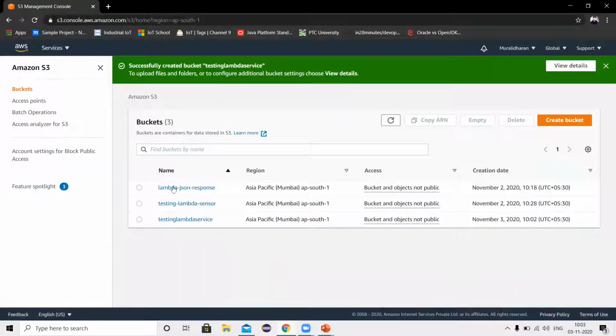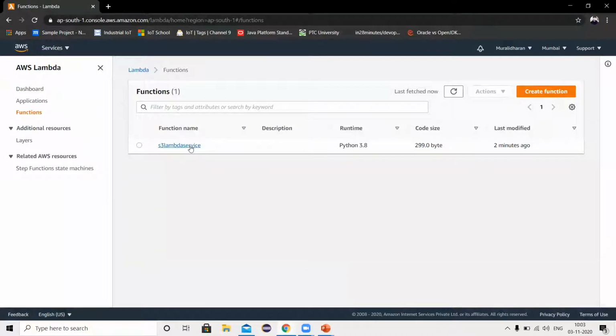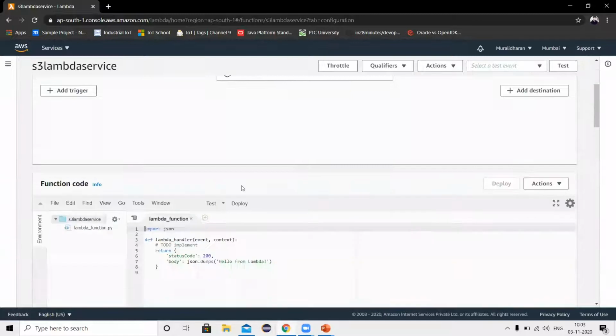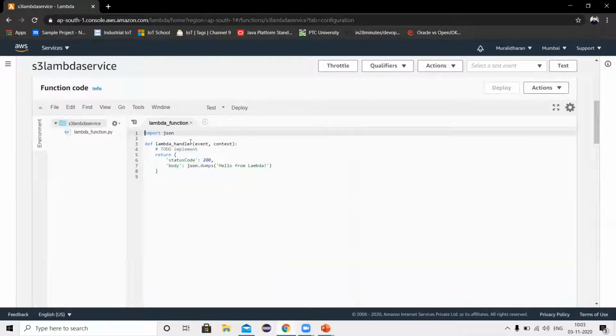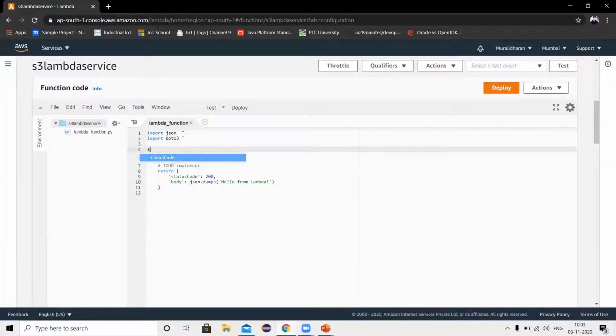So we created the S3 bucket, and we'll go back to Lambda again, and here we will write code to pull the S3 buckets. To pull the S3 buckets, we have to import the boto3 library, and I'm going to get the S3 bucket privilege.